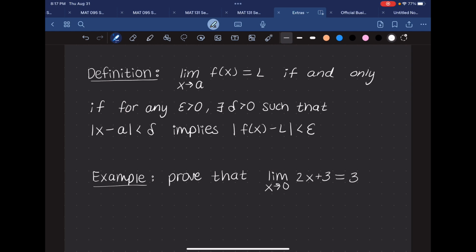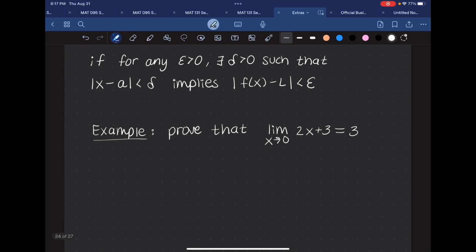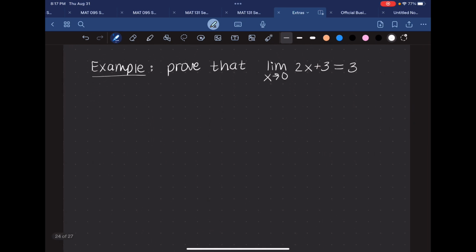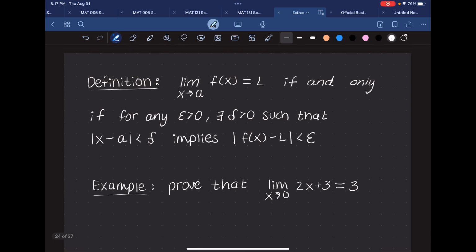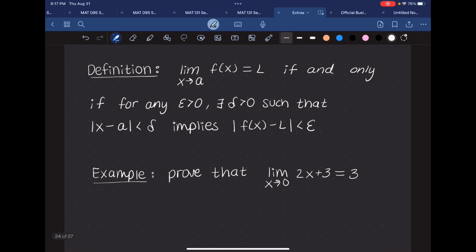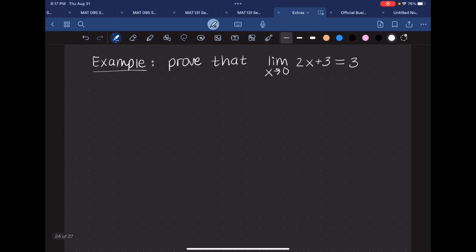So I'm going to use a simple example. You won't need to do complicated ones in this course since it's just Calc 1, but I do want to establish where this definition comes from so that it's not just stated and then goes away. Okay, so for this one, we want to prove that the limit as x goes to 0 of 2x plus 3 is equal to 3